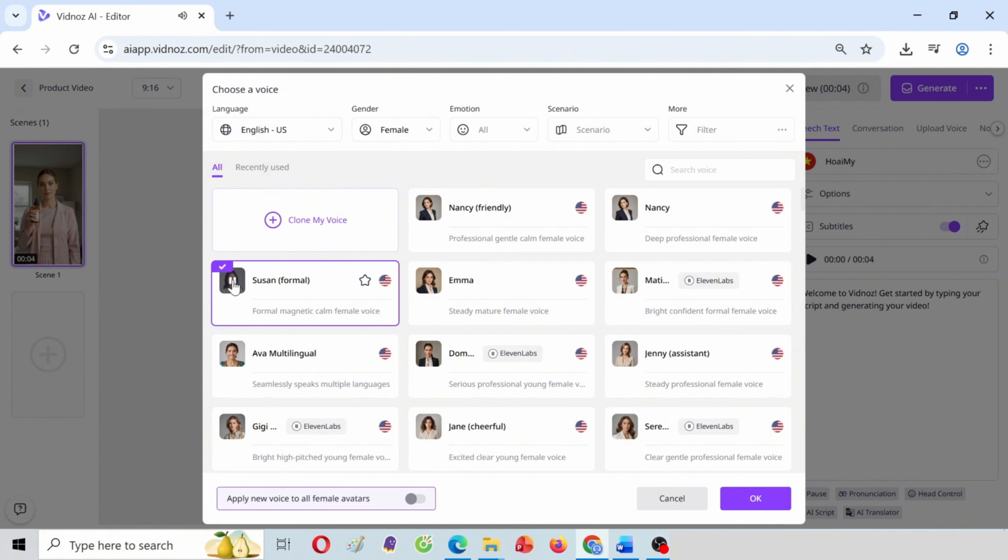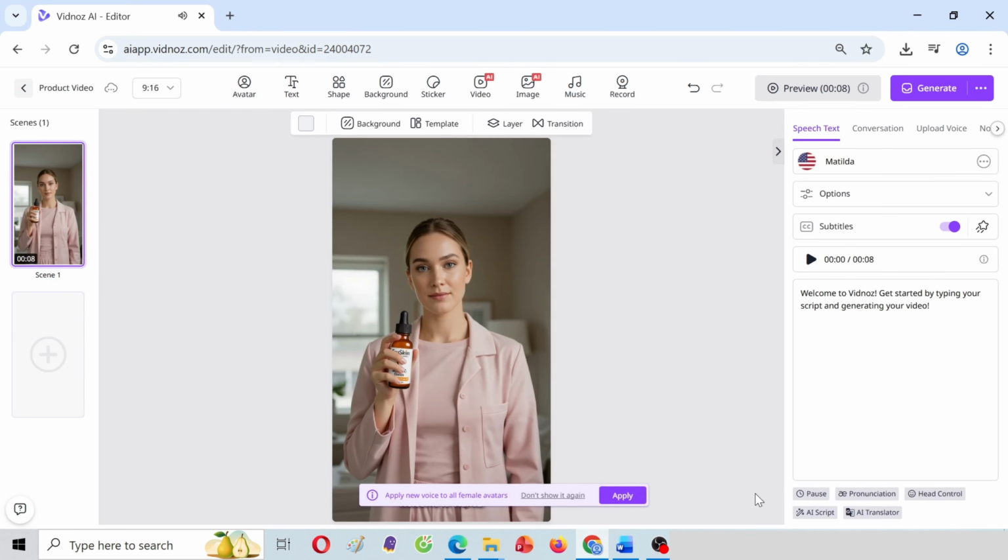Vidnoz AI brings your idea to high-quality videos with AI avatars and voiceovers. Vidnoz AI brings your idea to